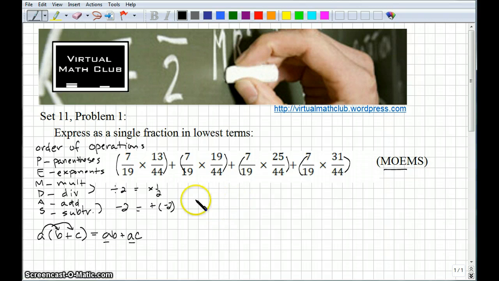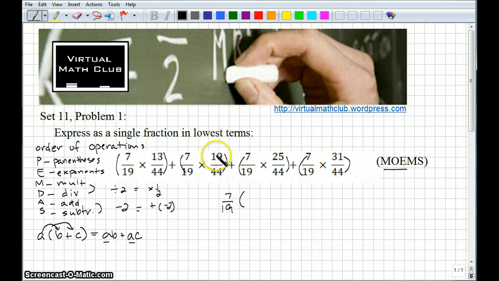Alright, so I've practically solved the problem for you. We put parentheses around the multiplication. We did the multiplication first. And the key is to recognize some common factors in each one of these terms that are added together. Okay? And I bet you can see it now that I have the parentheses on there. There's a 7/19 in each of these terms. So we can actually factor out a 7/19. Okay? And that leaves us with